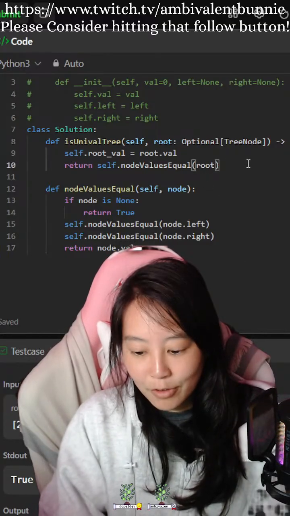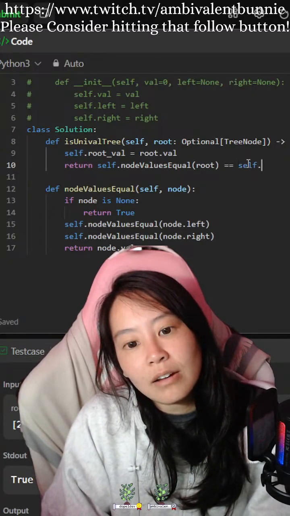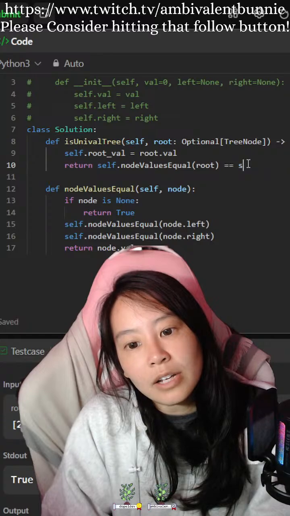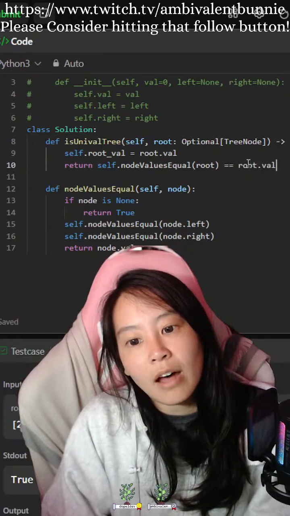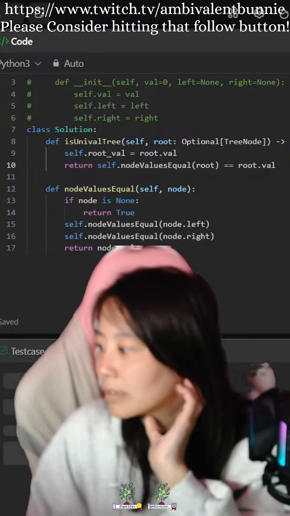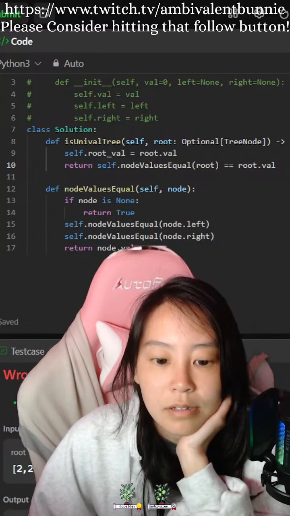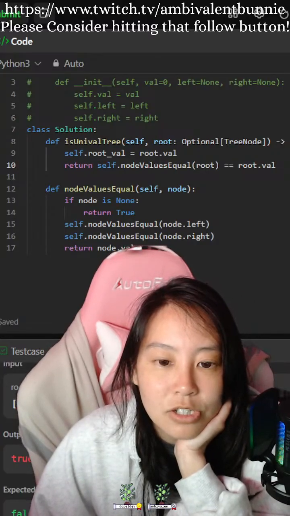Then we're going to do this equals self dot, or equals root.val. Still returning true.